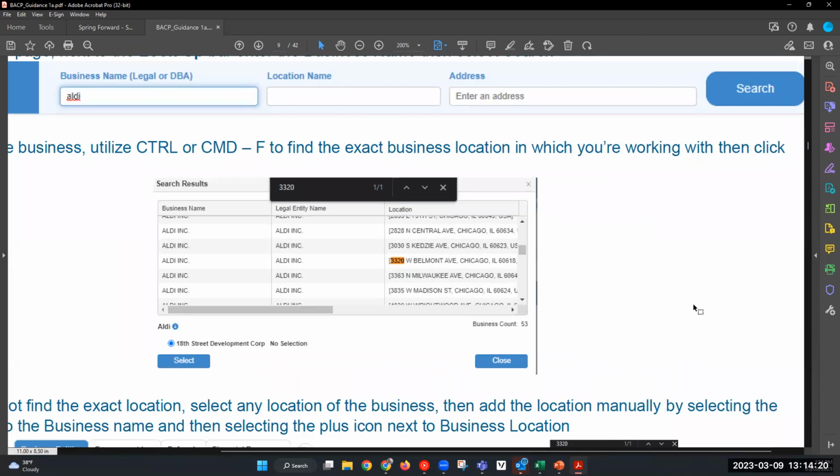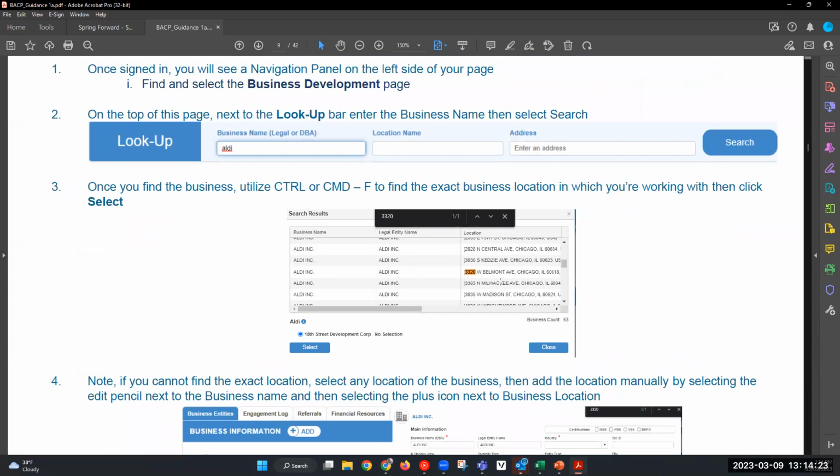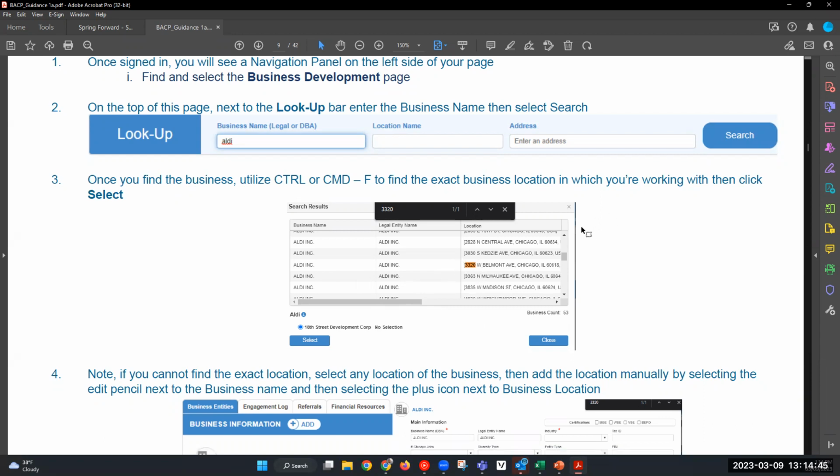So I looked up Aldi's, and this popped up, Aldi Inc. And you see there's 53 different locations here. So all I have to do is just pick the location I'm looking for. Or if you can't find the right location, just select any one because they're the same company. And then once you are in there, you can add the new location that you may not have found. But for the most part, a lot of the businesses are already in here.